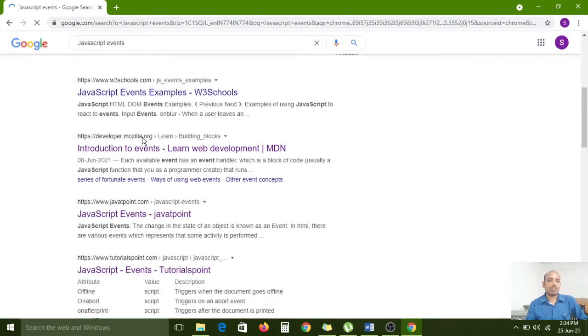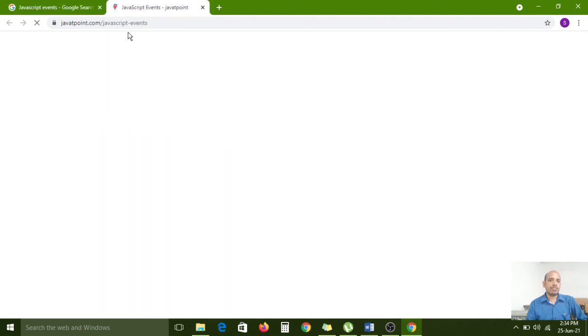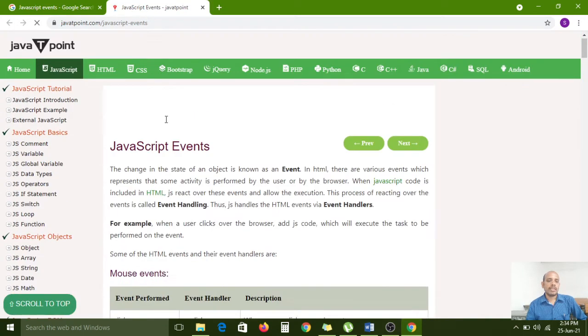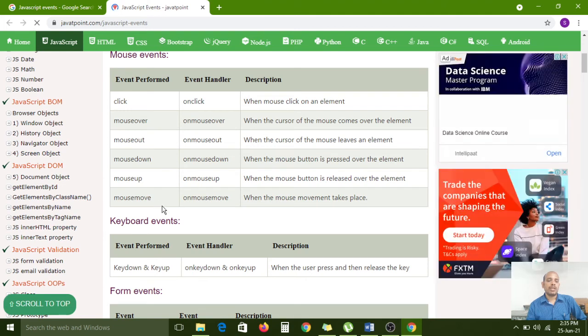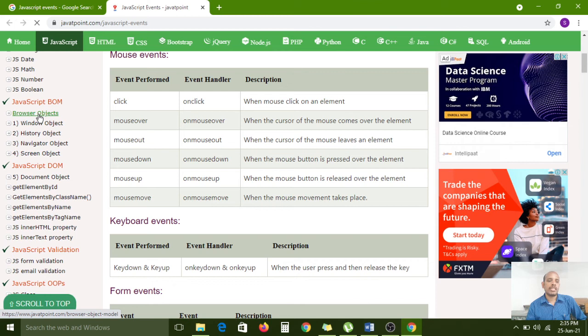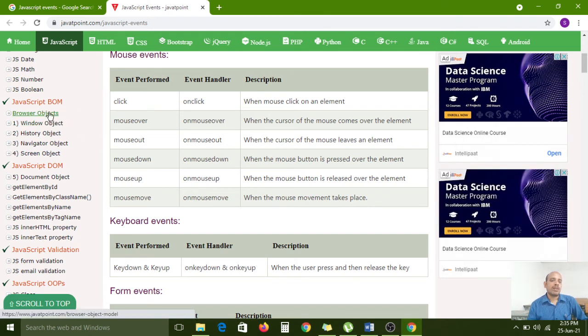Carefully observe, here it is opening. Around this many events we have. Mouse events: click, mouse over, mouse out, mouse down, mouse up, mouse move. Carefully observe, my mouse is moving now. If I want to click this link, this is also one of the events. The mouse pointer changes to a hand symbol when I put it on a hyperlink. That is also an event. If you click this, the link will open directly, so that is also an event.